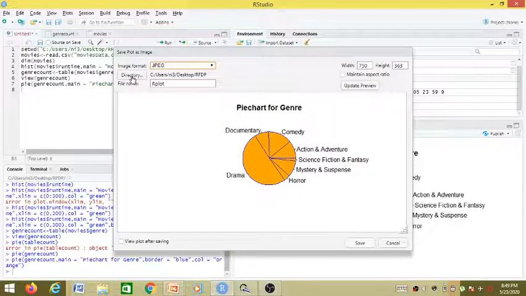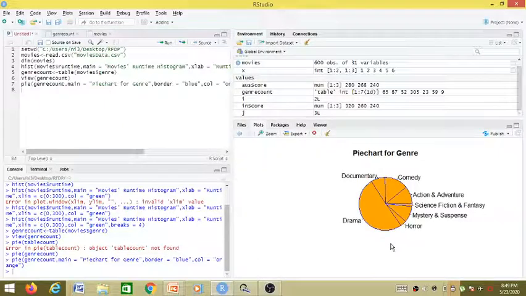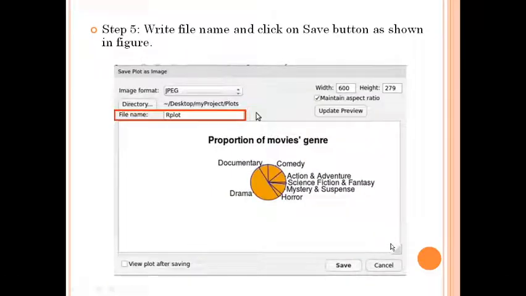By default it will be saved in our current working directory, but if we want, we can change that. We can change the name and also the width and height information. Clicking on save will save it in our current working directory. So this is about creation of a pie chart and histogram.